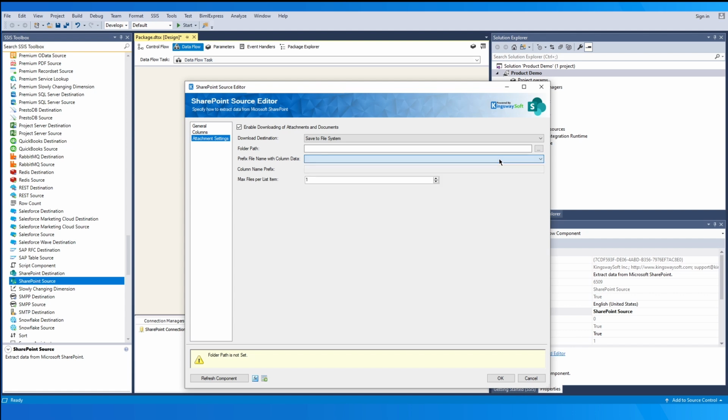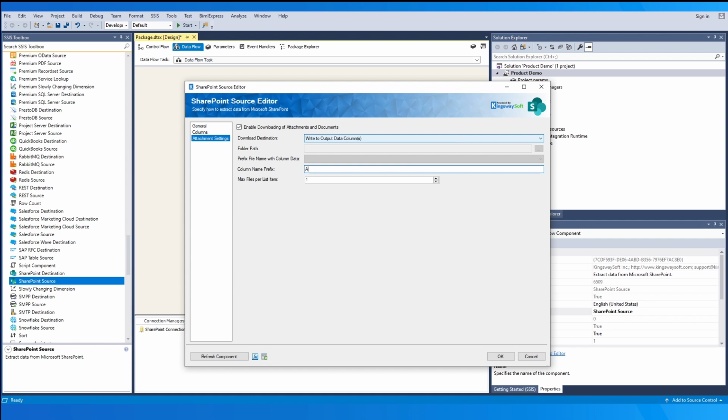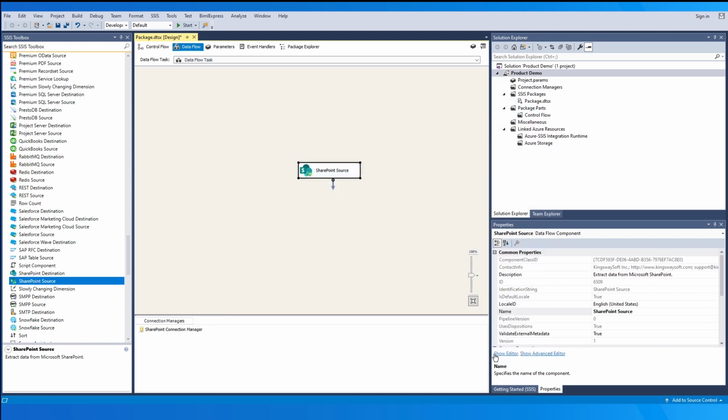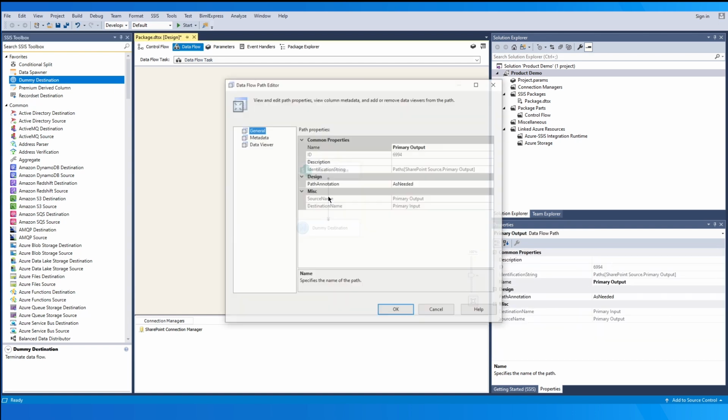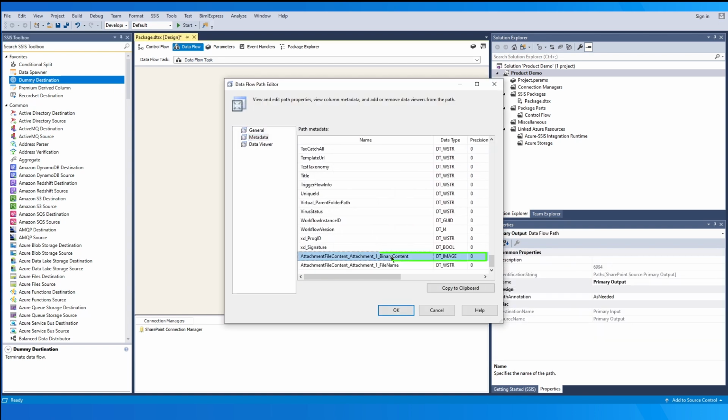If you specify the Output Data Columns option, attachments from your SharePoint source list will be inserted into a data column in the SSIS output buffer. The Column Prefix option is valid if you specified the Output Data Column option. You must specify a value here to be used in creating the SSIS output buffer column name, and column names to be created will be suffixed with a number depending on the maximum number of files per list item to download. As you can see, when we save and connect the source to a destination and check, if the output column option is chosen, the file binary content and name are available in the output metadata based on the prefix that we had provided.